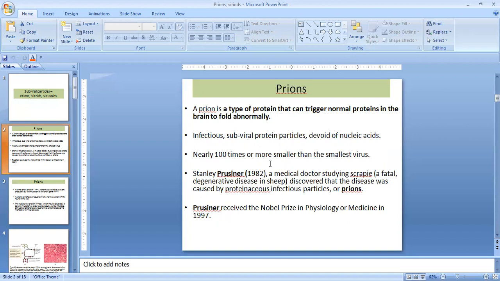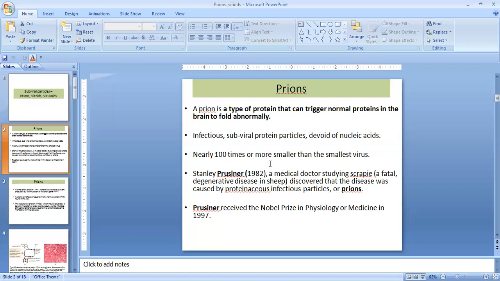Okay. So the only difference is that protein is beneficial to us, but prion is infectious to us, or harmful to us, not only to human beings but also to animals, plants, etc. Okay, so prion is a type of protein that can trigger normal proteins in the brain to fold abnormally. So what happens is that it is normally found in the brain. It causes the normal protein to fold abnormally. Since it occurs in the brain, it normally affects the neural tissues and